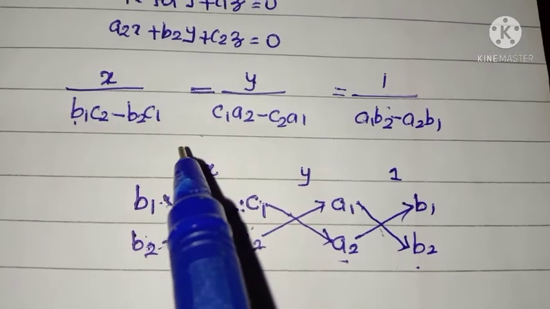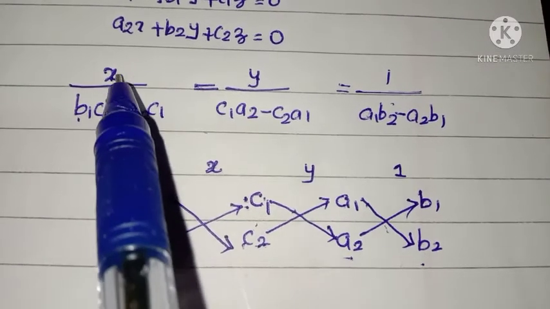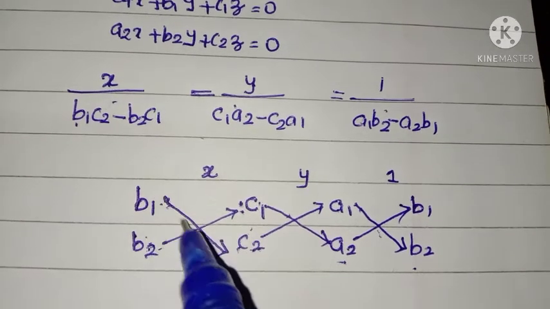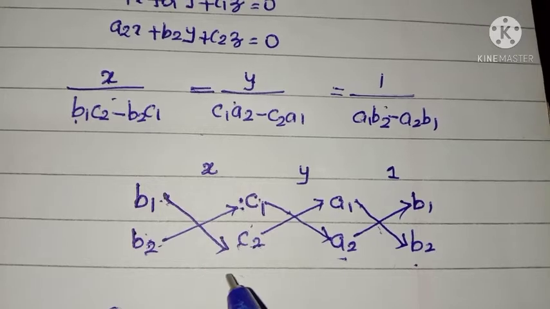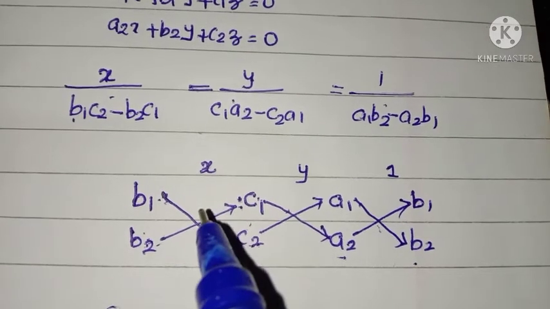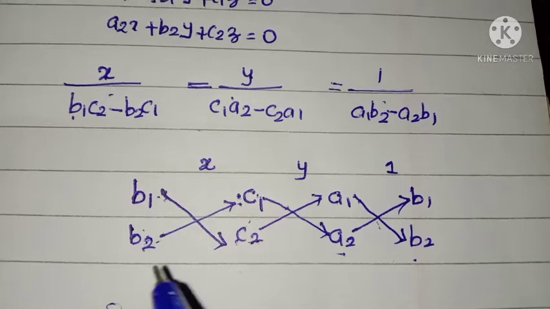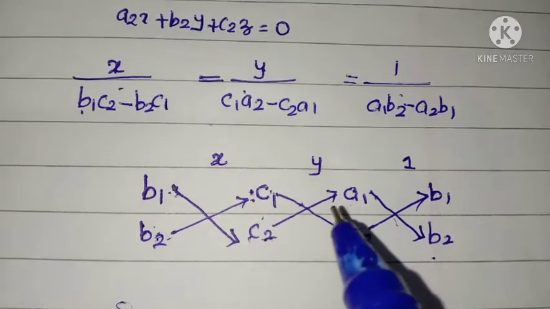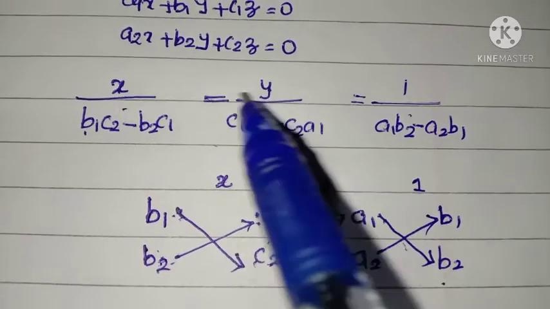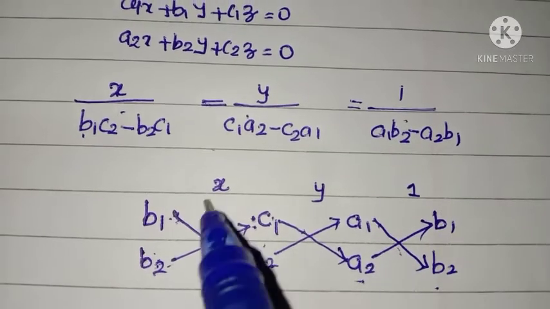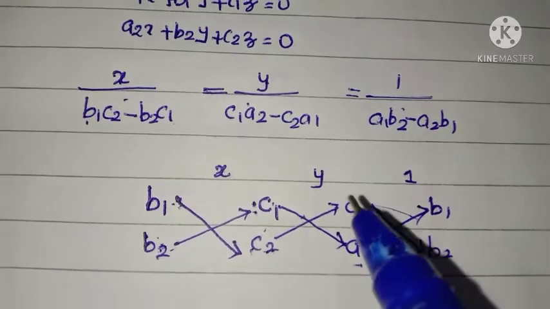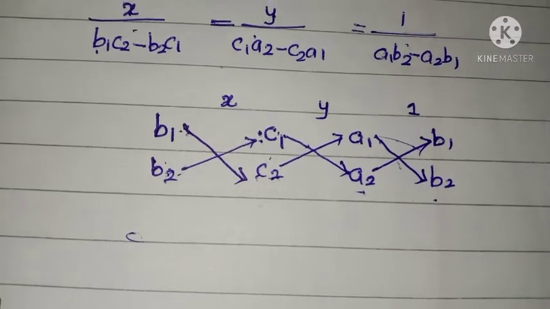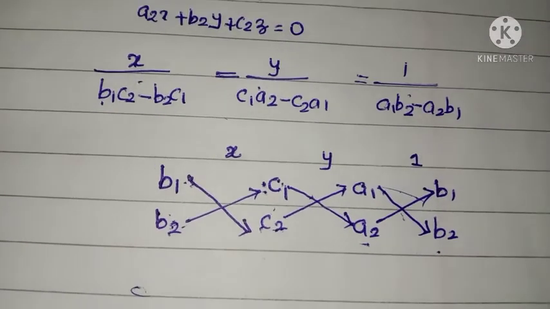Now from this result find the solution x and y. Because of the indication of these arrow marks, we call this method the cross multiplication method. It is a simple method. So remember this result, or remember this diagram by heart. Let's see some examples of how to find the solutions using this cross multiplication method.